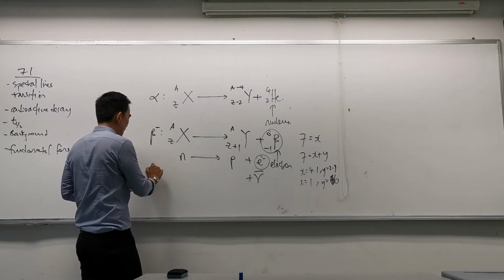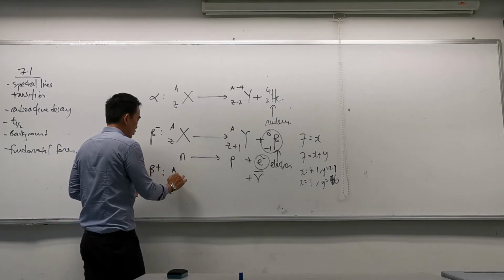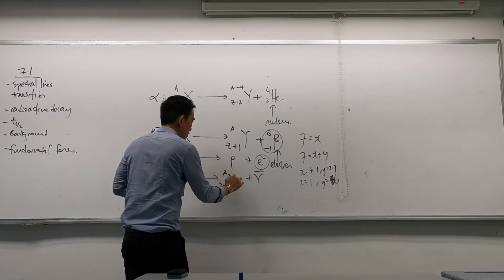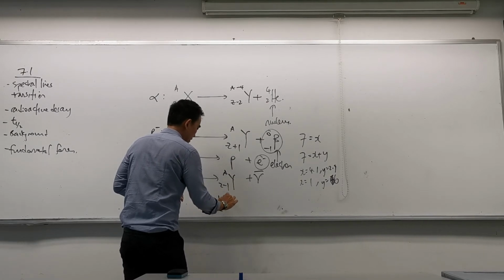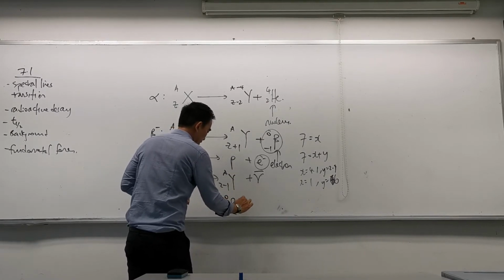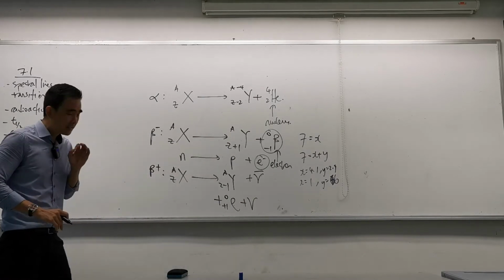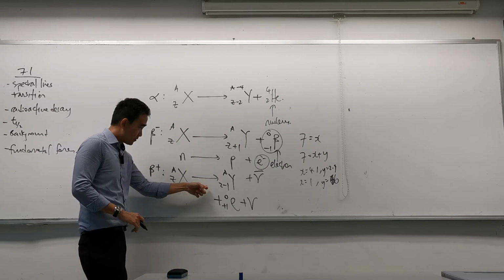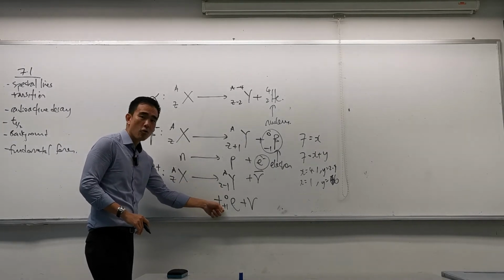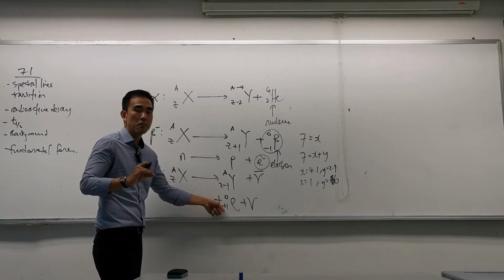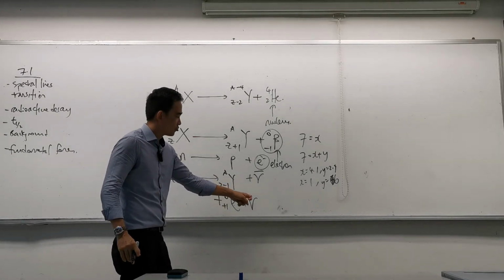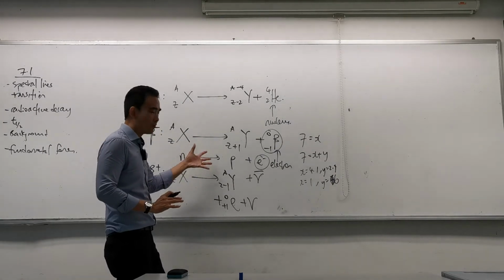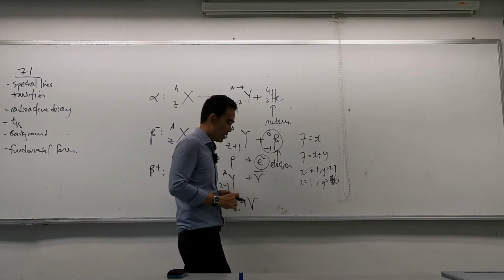Now there is a beta plus decay. Now this is the case where you have too many protons. As you can see, one of the protons decays into what we call an anti-electron, a positron, and a neutrino. So like what I said, we will go through the particle, antiparticle in greater detail in 7.3.